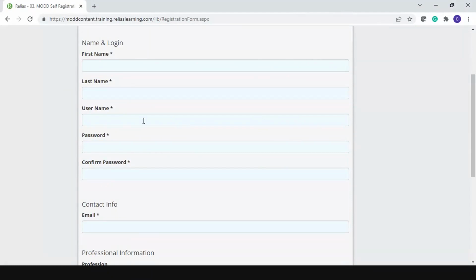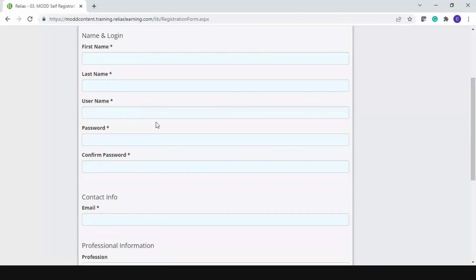But if you have a common username that you like to use, feel free to use it. The only caveat will be that if someone else has already previously registered on the portal using the same username, the system will bounce it back and you'll need to select something else. The other thing to be aware of is that the username and whatever password you give yourself are case sensitive. So if you use capitalization in your username or password, just make sure to use capitalization when you're actually logging into the system.